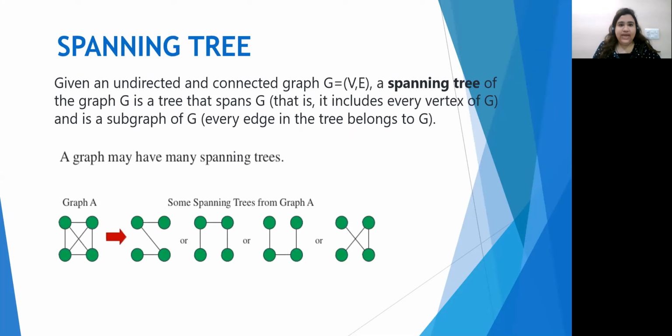Let's begin with the understanding of what exactly a spanning tree is. We can define a spanning tree as a subgraph that can be derived from an undirected connected graph. In simple terms, a spanning tree is a non-cyclic subgraph of an undirected connected graph that connects all the vertices together. And one graph can have many spanning trees. Like you can look here, graph A has all of these spanning trees and many more.